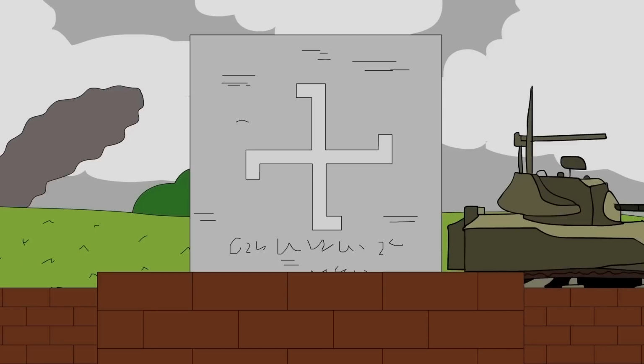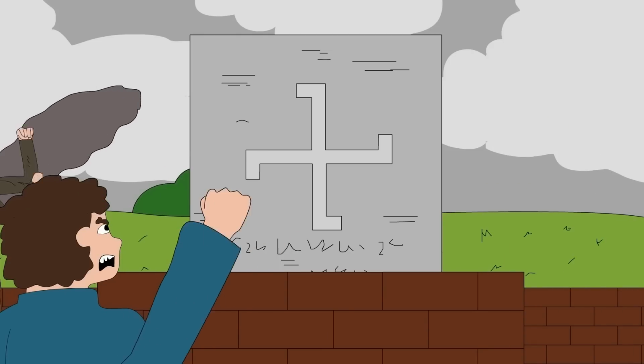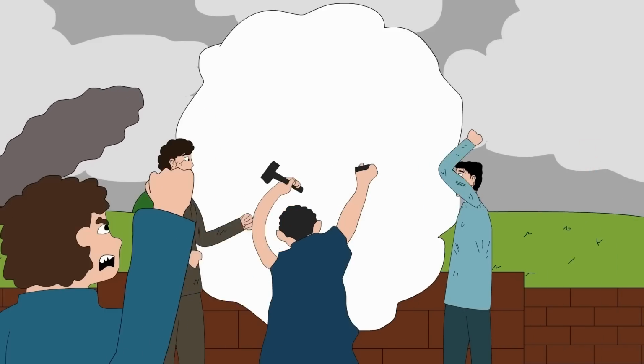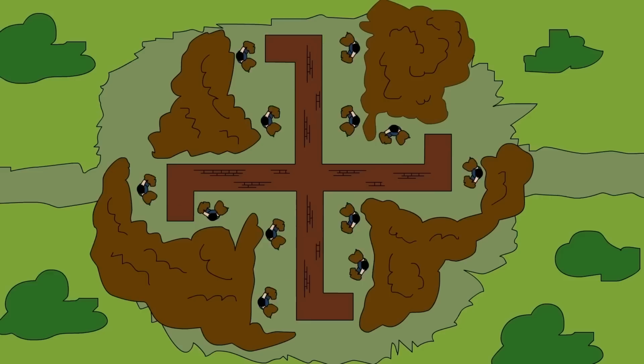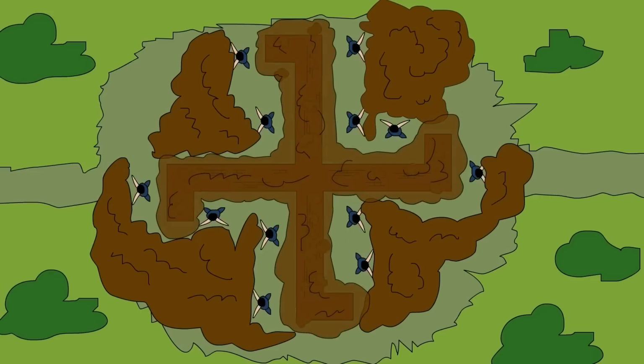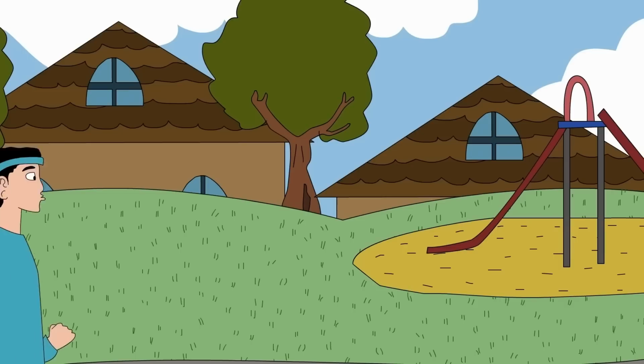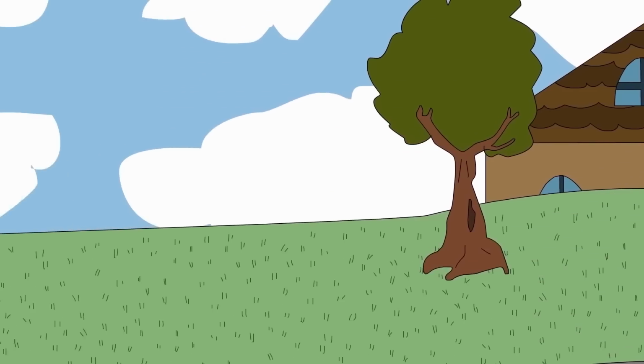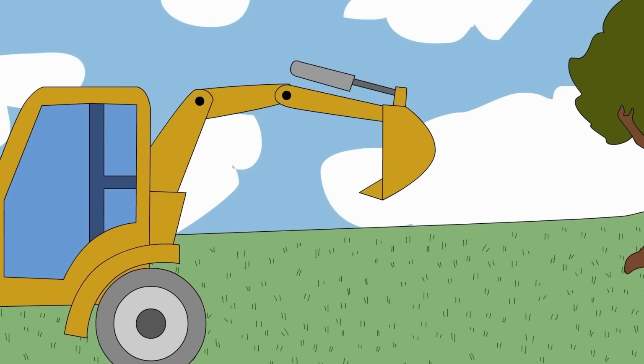Following the end of World War II, angry locals in Hamburg smashed apart the monument and left the brick foundation, with the swastika hidden beneath the earth. They covered it up with some dirt, and everyone forgot it was there. Eventually, the spot became a park. It was used as a sports field, and then the field was dug up to reveal the very thing everyone